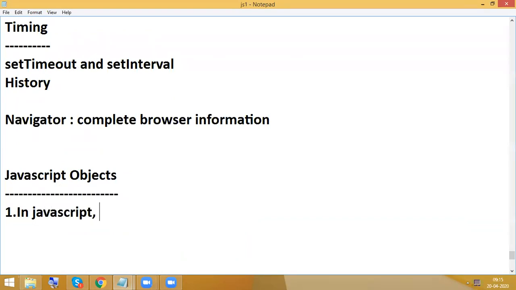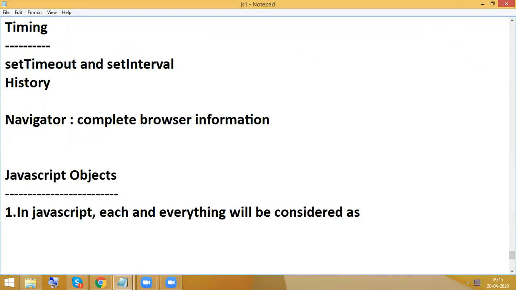Again, in JavaScript, each and everything will be considered as an object.